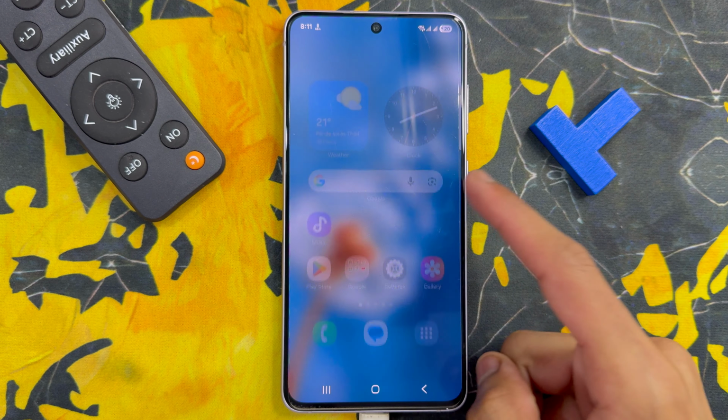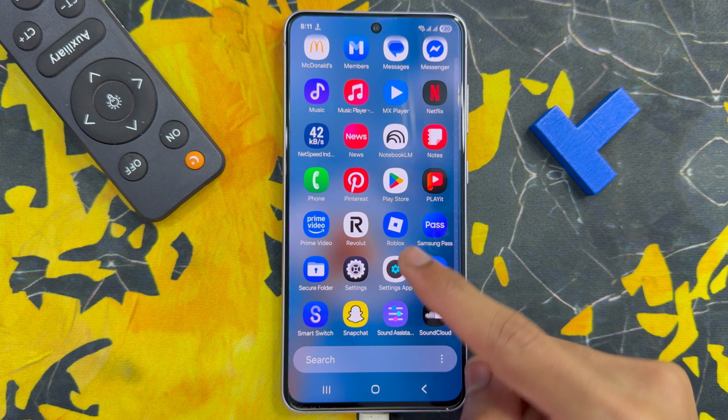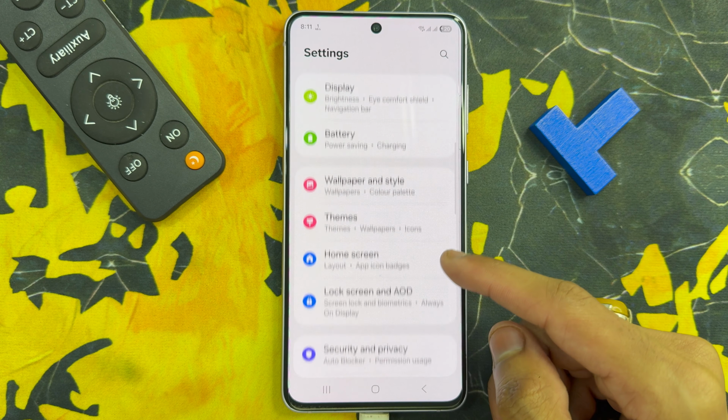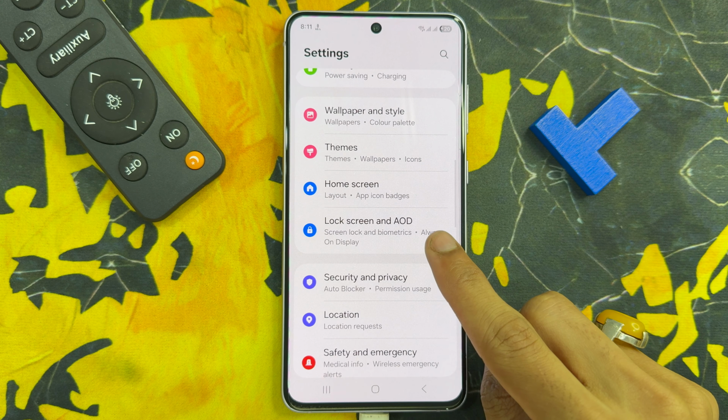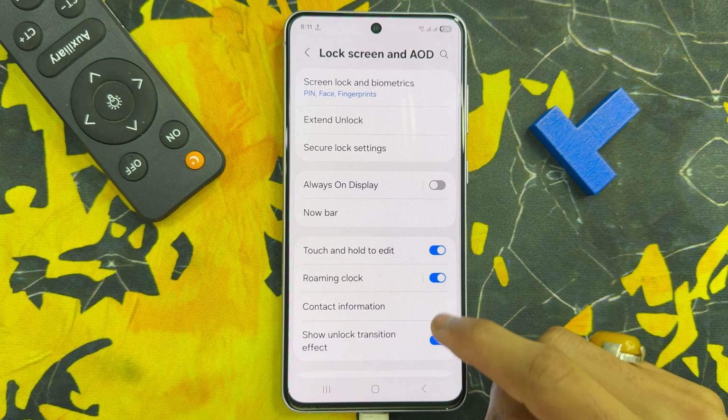First of all, go to app library. Here click on settings app. Now in settings, scroll down and click on lock screen and always on display. After clicking on lock screen and always on display,